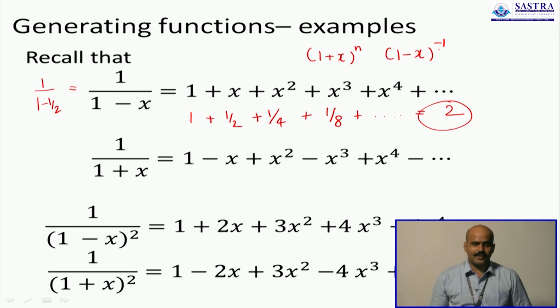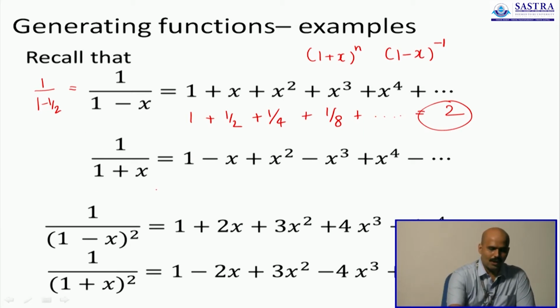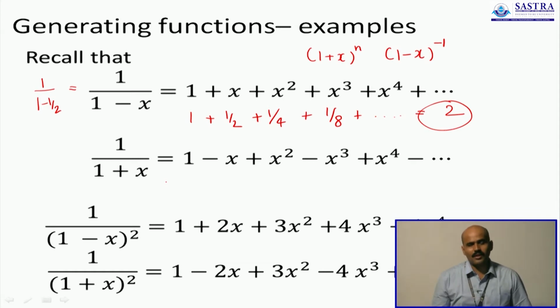Similarly, the second summation happens across powers of x, where every second term has a different sign. So I start with 1 and I go to minus x, the next one is plus x squared, minus x cube, so on and so forth. So every term is a power of x, but every second term has a different sign. This summation can also be equated to a simple formula, 1 upon 1 plus x. This is once again as a consequence of learning expansion of a binomial term with a negative exponent, but let us not discuss those because the scope of this paper is restricted to recurrence relations alone. It is a pretty simple formula and you can always find it on the internet.